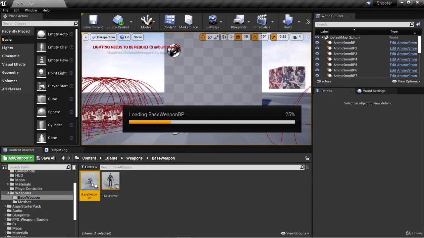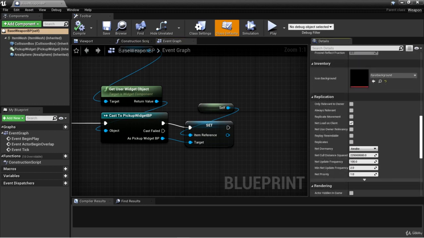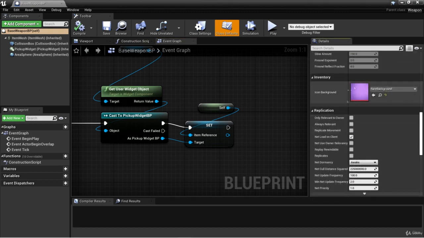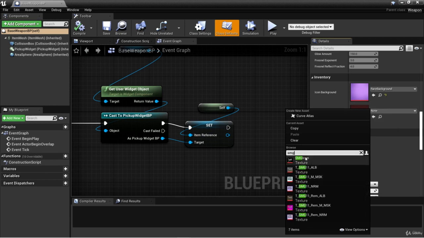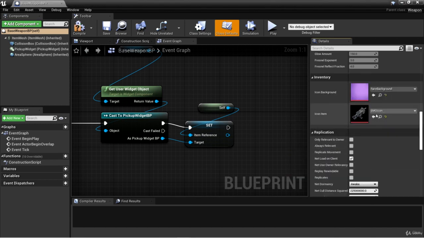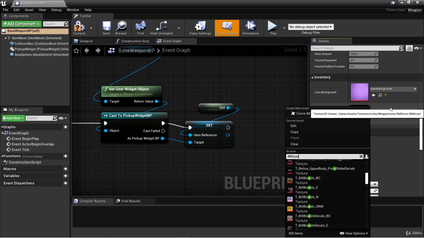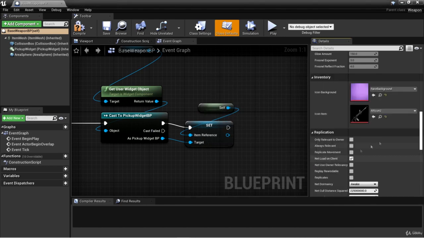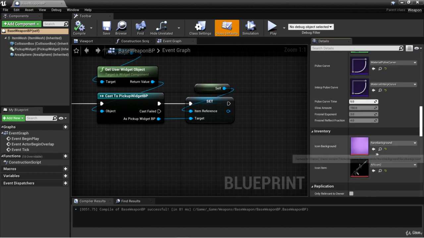So in the editor, I'm going to open up base weapon BP and scroll down and wait for this to compile so we can set it right here. All right, we've compiled, and now we can set the icon item. Now I'm going to select SMG icon just so we can have something here. Actually, to see something different, we can do AR icon instead. So here's the AR icon 2, and we'll just set this. Okay, so we just added a texture for icon item, and now we're ready to go ahead and create a